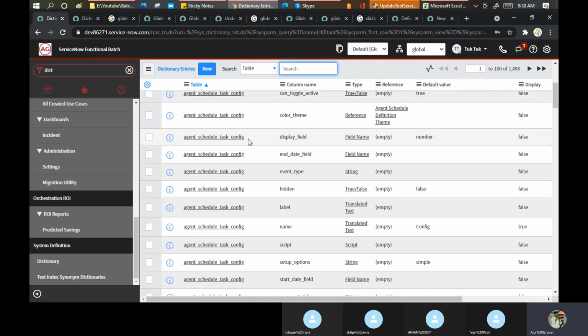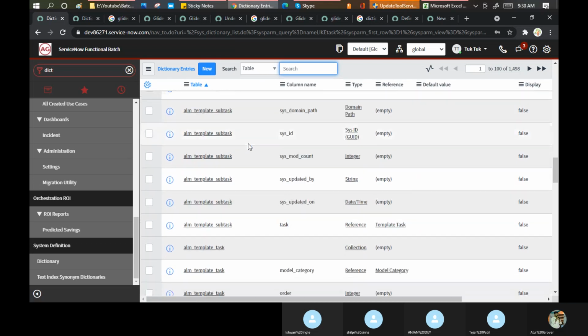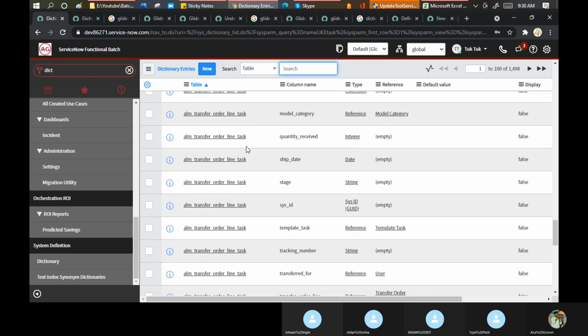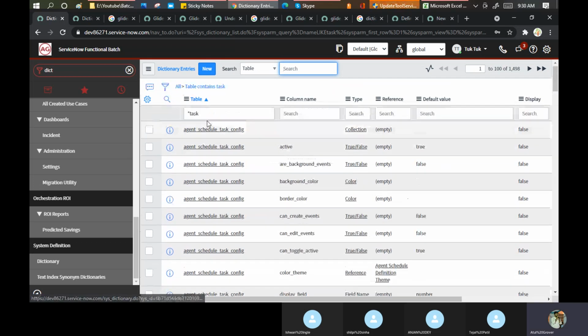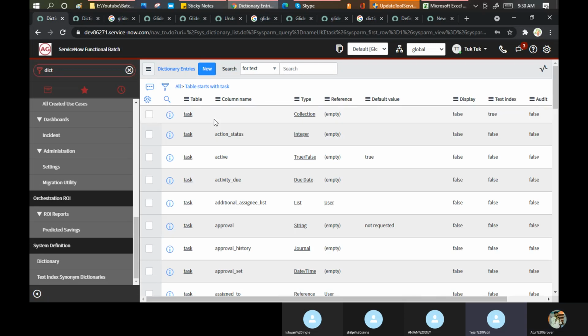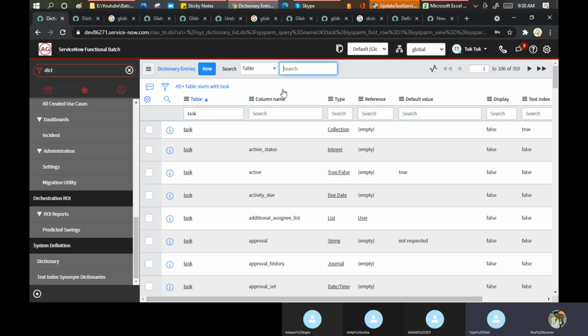There will be a lot of them coming up like this. What is the shortcut to find the task table then? Tell me how I can search it. Using the percentage. There is also an attribute option here. Yes, you can search by the attributes as well. Okay. Now under this I can search for the caller.